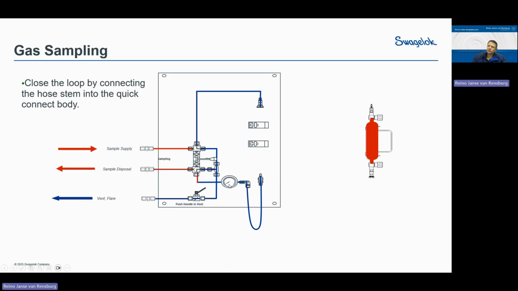A good practice to do as well is to make sure that you connect your hose quick connect back to the quick connect at the top of the panel, just to keep any contamination from the plant out. So anybody that comes and washes the plant down or sprays down the cylinder, or if there's any leakages from above, it stays out of your system rather than leaving it open and getting contamination into your system.